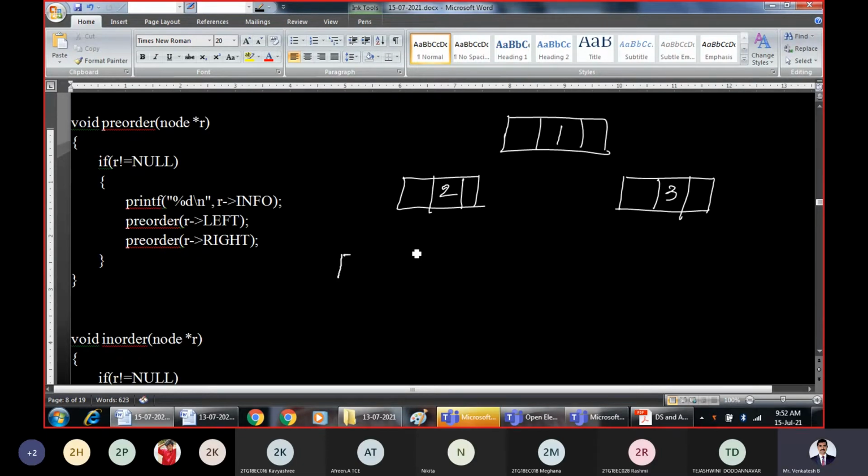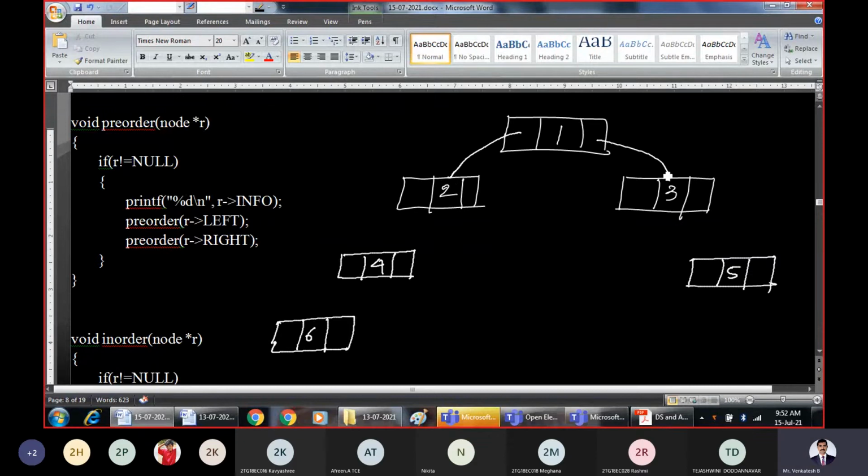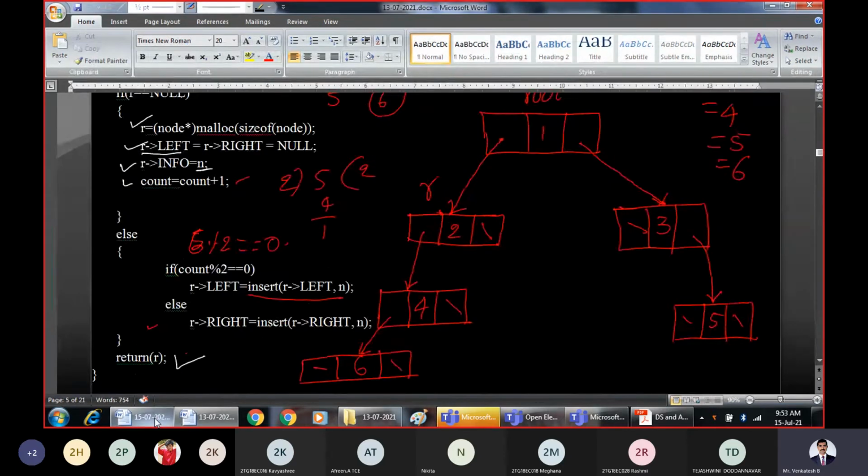Okay, then we have left subtree 4 and right subtree here as 5. And this is 6. Left pointer pointing to this. Again, left pointer pointing here. Right is pointing here. This will contain null value, null value, null here, and null here. This is the tree that we have created.